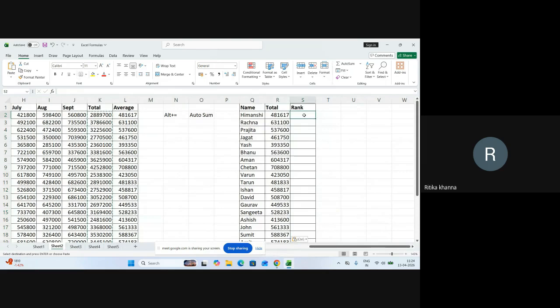Okay, Aishwarya, look at here. Here the employees' names are given, their total sales are given. Now you need to rank each and every employee on the basis of their sale. Who is number one, who is number two, who is number three, etc. So generally what you do if you are allotting a rank, I think there might be a function with the name of rank. Yeah, there is a function, but do try to find another way. Like for example, if there is no function here, what we do generally,